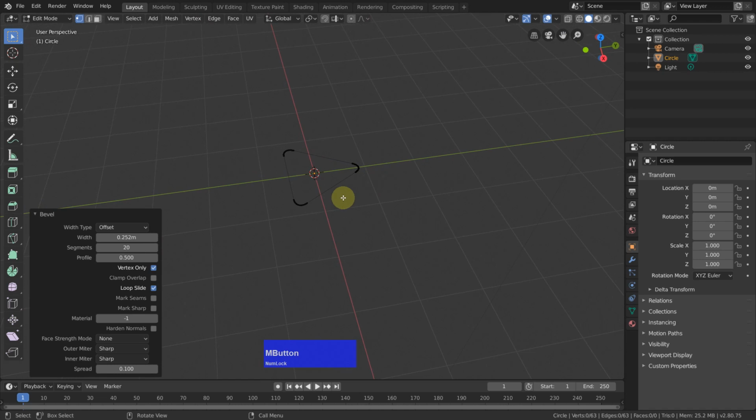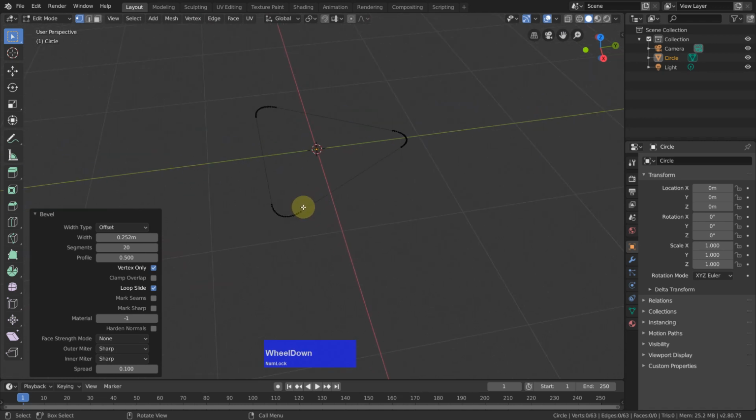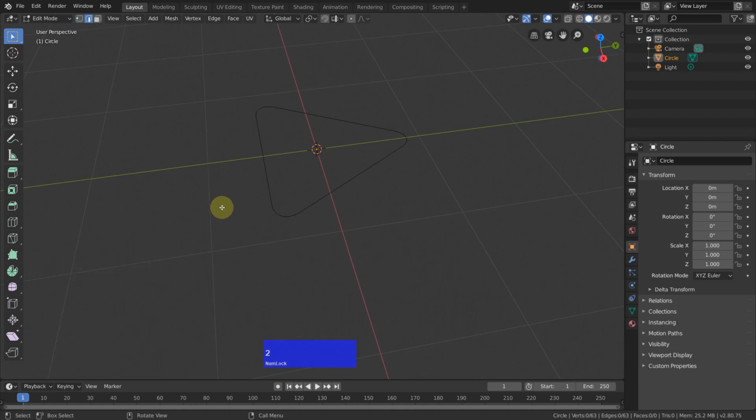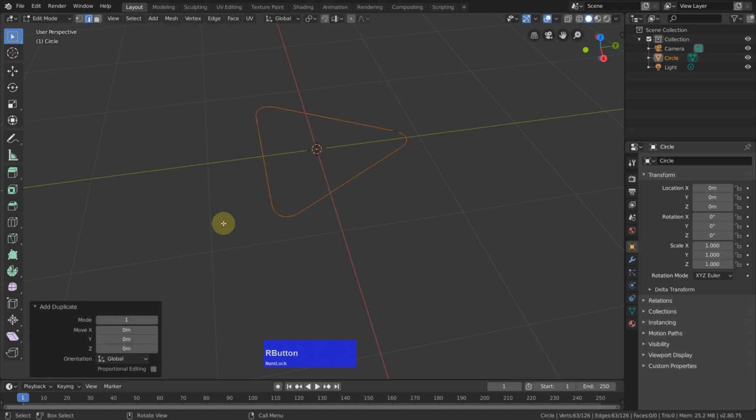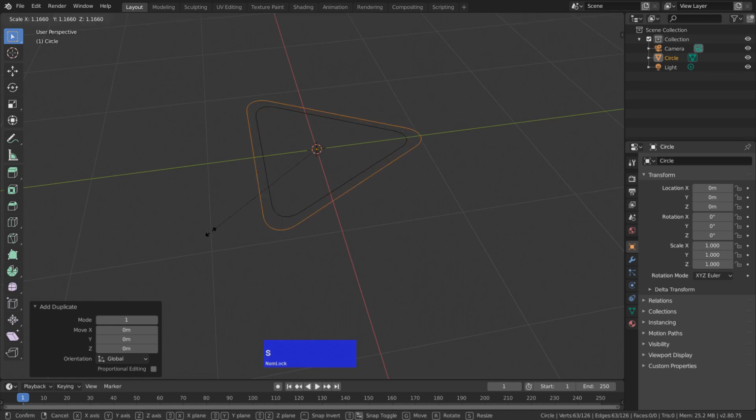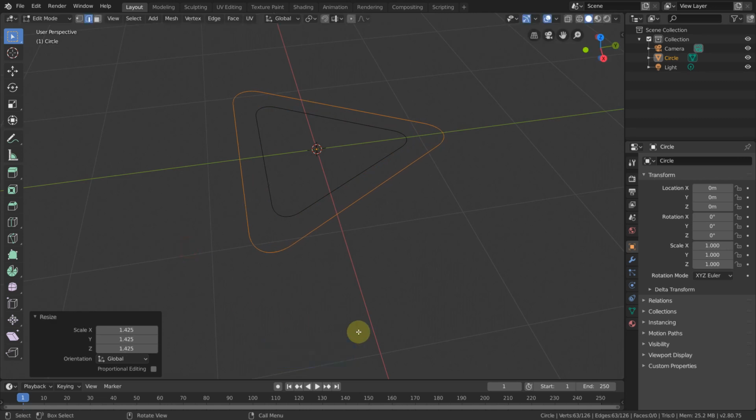and now I go to Edge Mode, select all these edges with A, Shift D to duplicate, then I right click to activate the tool, and then I can scale this out to about here. Now I would like to make a circle with this, and this means I go back to Edit Mode,